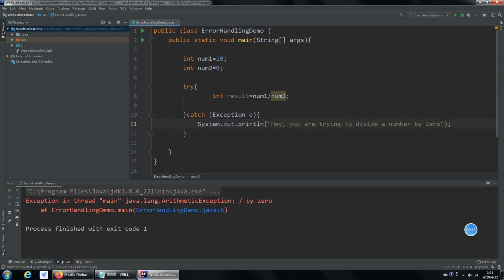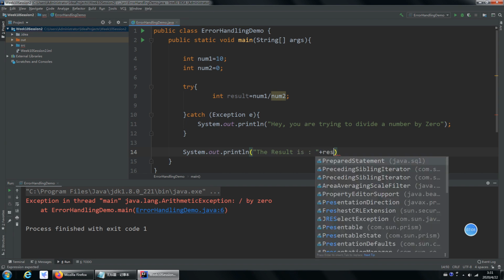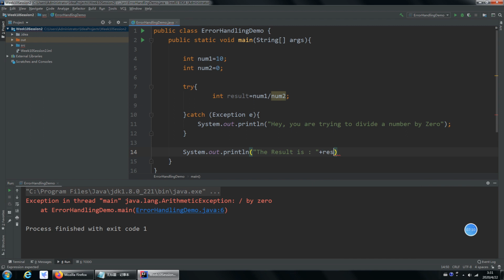Now, on the next line after you finish the try and catch block, you can write System.out.println, and here you can say the result is colon plus sign, and you can print your